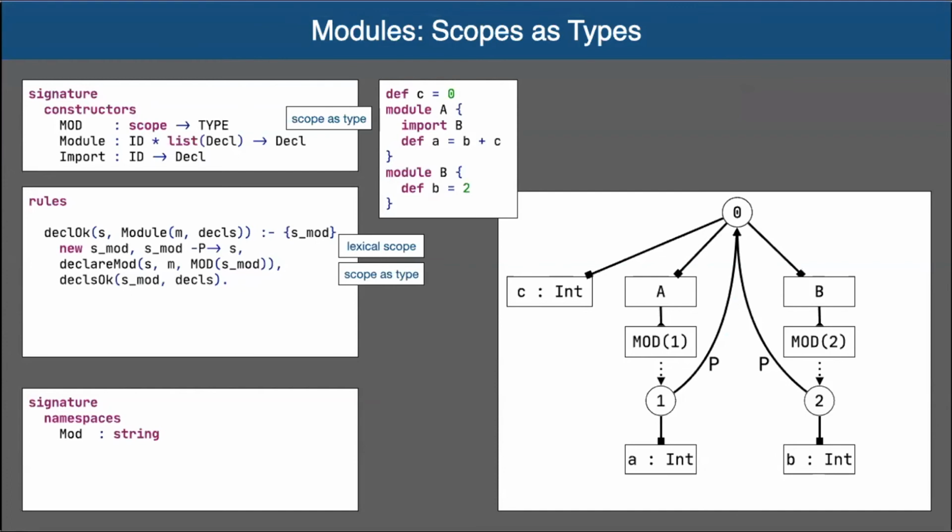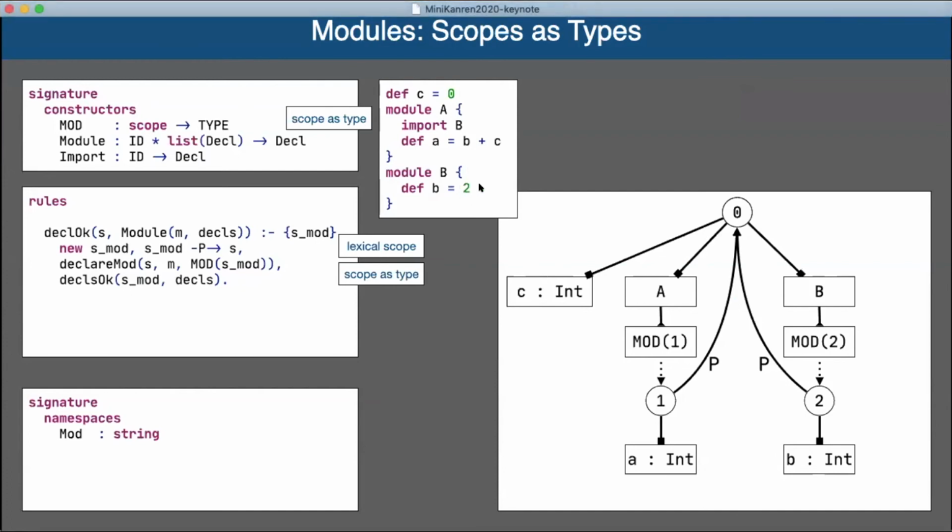all the things you've defined in that module are also visible in a module that you are importing it into. And how do we represent that with scope graphs? Well, here we see the basic structure, right? So these modules are represented by their own scope. The module names are linked to a scope as a type. So the type of module A is a scope that refers to the scope, so the container of the things of A. And in this structure, we can only see the things in that module.